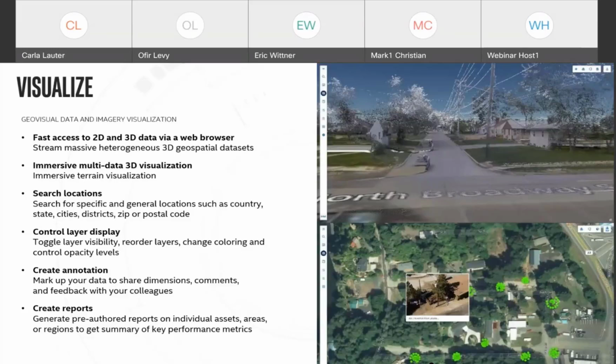Then once you have all your spatial data, you get very fast access to visualizing 2D and 3D data, all through a browser, so it doesn't require any desktop software. It streams massive data sets of heterogeneous 3D geospatial data. It's in 3D, so you have this immersive experience with everything on the Earth's terrain or floating above it if it's true 3D data. Being able to move between and navigate and find locations, control what's displayed, how it's displayed,